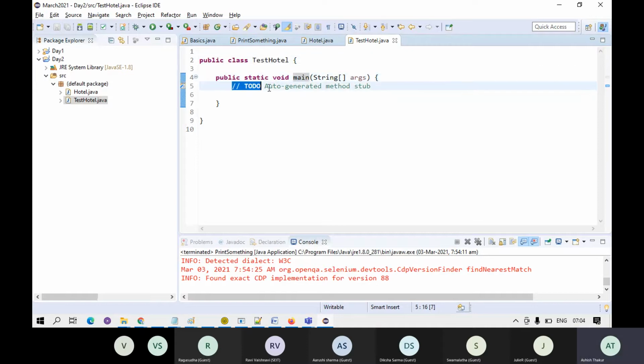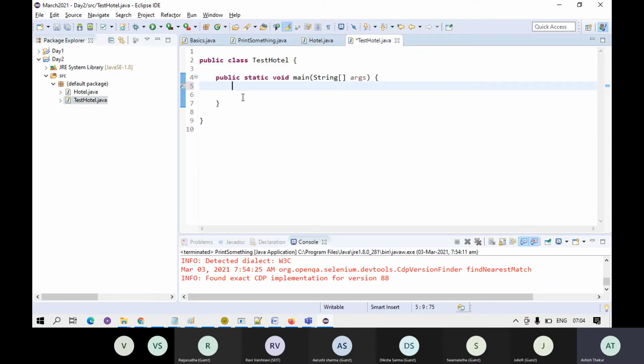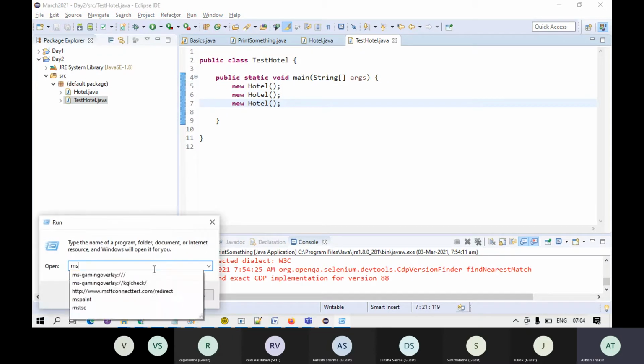In this main function, I'm going to create the object of the Hotel class from TestHotel.java. So the object is created in a very simple manner. You write new Hotel, so the object of the Hotel class will be created. But what do you mean by this object? What does it do and how is it helpful? If I open a paint,